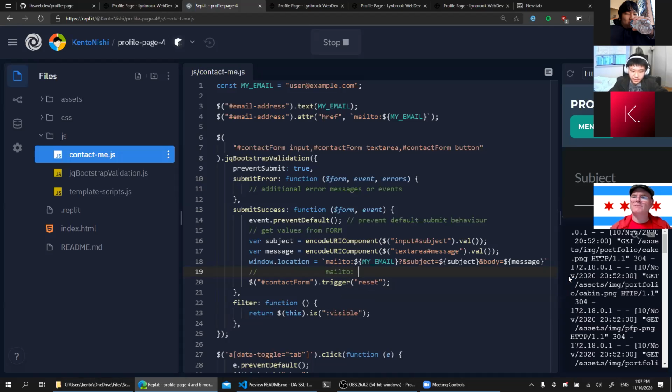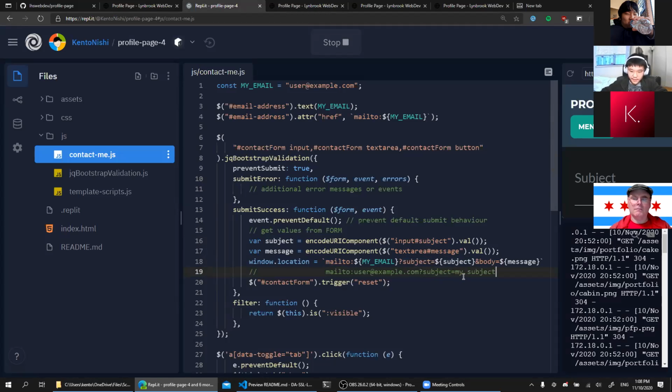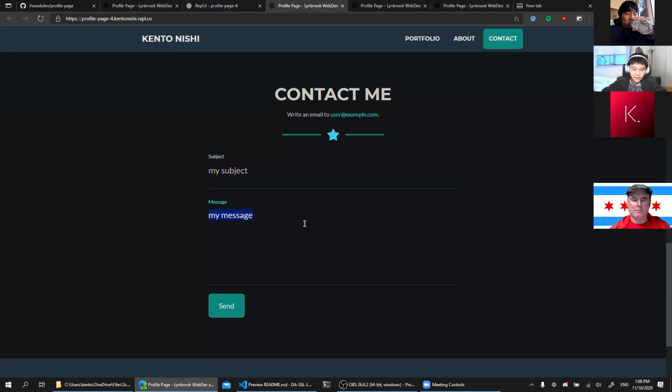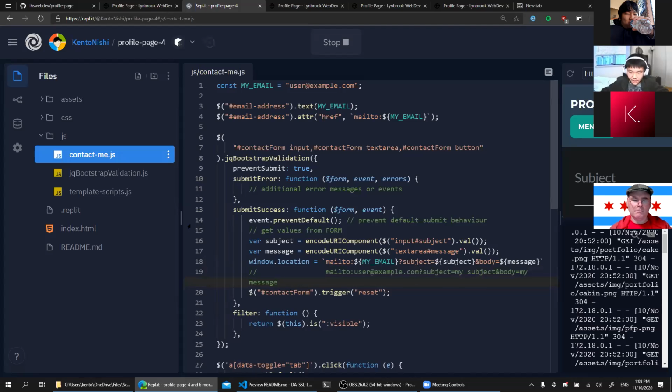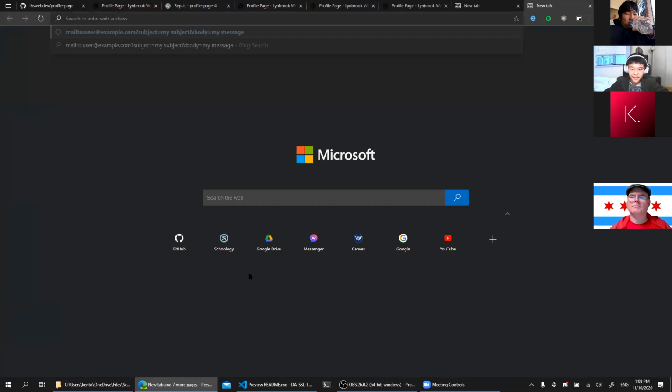It puts mailto: and then your email, user@example.com, and then a question mark, subject equals whatever value is in the subject variable. So if I type my subject here, it'll put that over here, and then ampersand body equals my message. When the browser opens this URL, if you just copy and paste it,